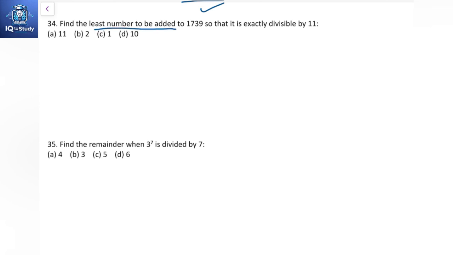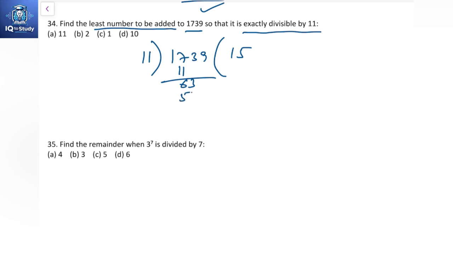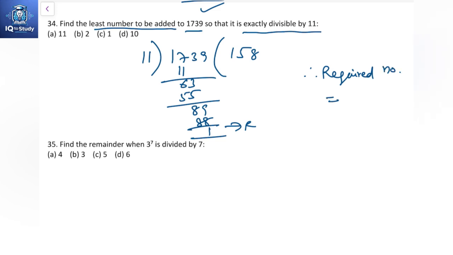Find the least number to be added to 1739 to make it exactly divisible by 11. 1739 when divided by 11 gives, therefore the required number is equal to